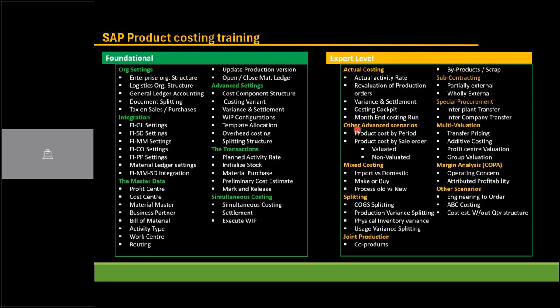Then when it comes to mixed costing, let us say you have a scenario where you are getting the raw materials at two different prices from two different vendors, but you can't leave both vendors. You want to have a vendor mix ratio. So what will be the optimal mix? Whether it can be import versus domestic raw material.